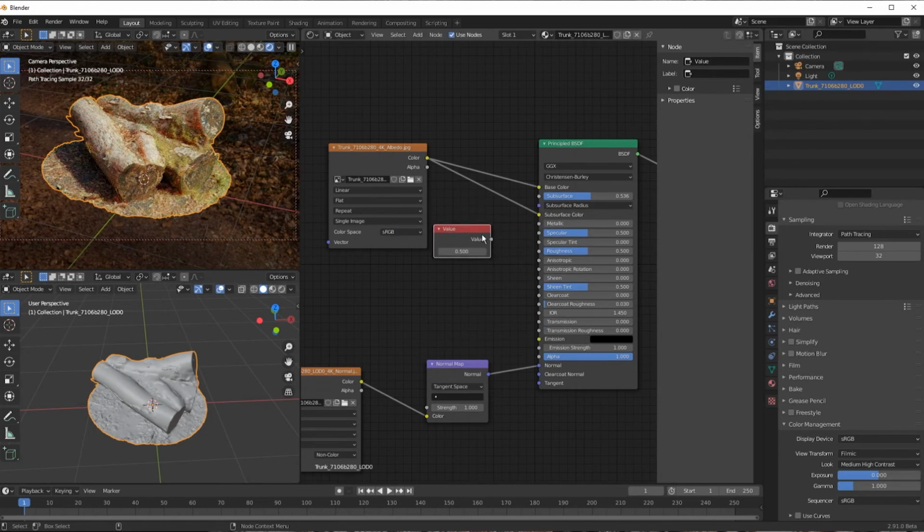It's set to 0.5 by default, that's fine. Just going to plug that in there. And you can see now this weird orange tint is gone. But the problem remains that we've basically told the shader that this whole object should receive subsurface scattering, when